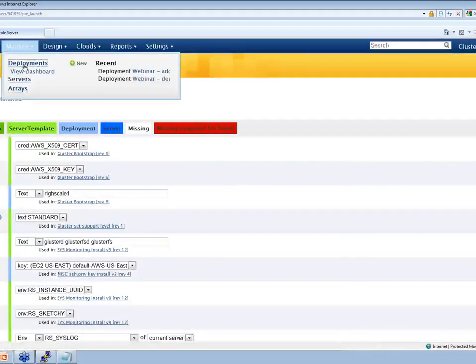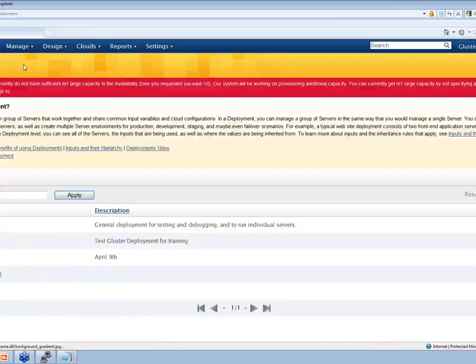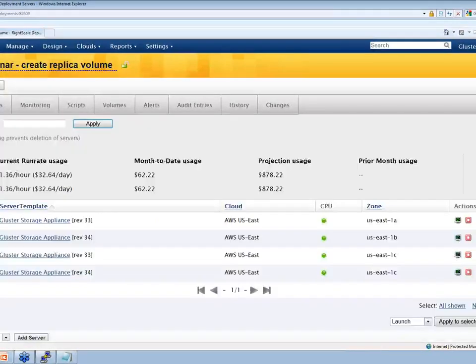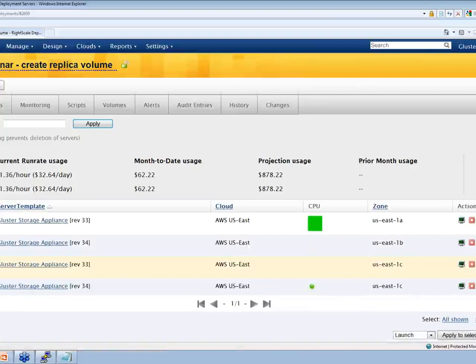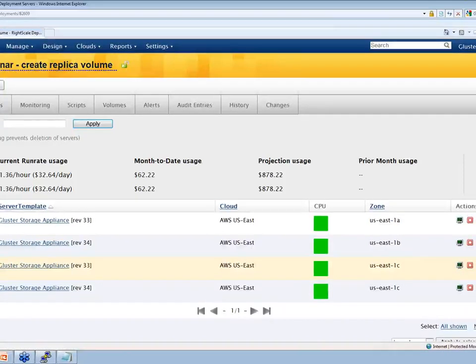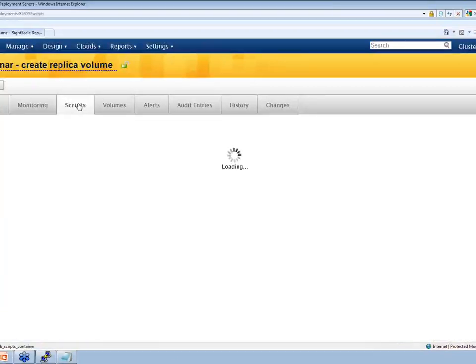Now once you've added your 4th machine to your cluster, you now need to attach storage to that cluster. That's nothing to worry about. You now need to attach storage to that cluster. We have operational scripts to do this. Those of you that have used RightScale know that operational scripts are ways to make tasks easier to perform. So if we come up here to scripts,